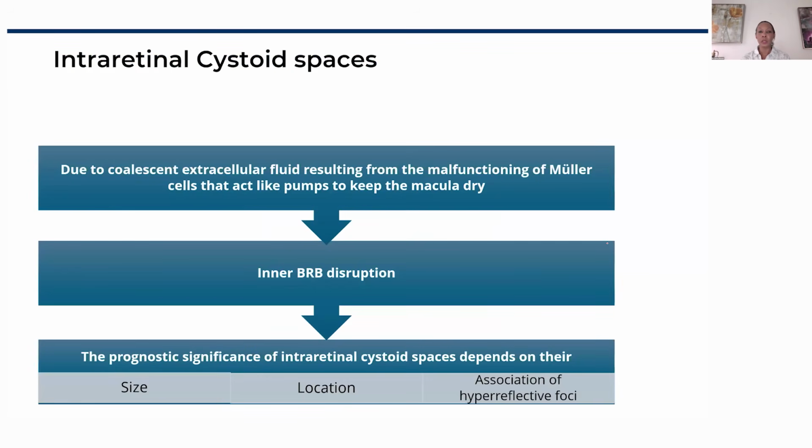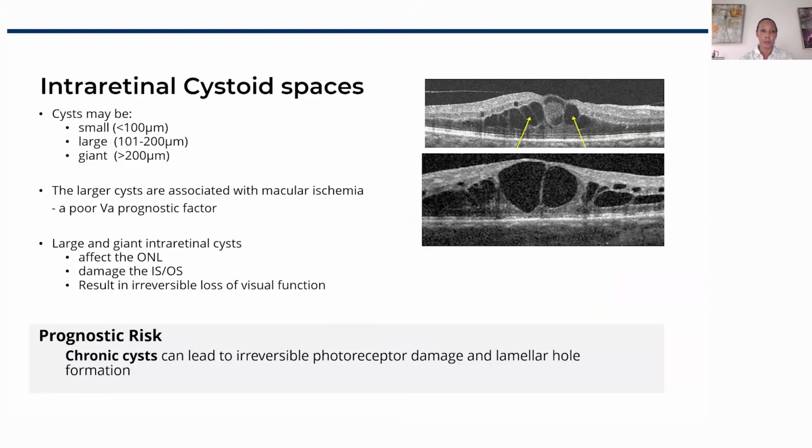The intraretinal cysts usually occur due to coalescence of your extracellular fluid, and this results in the malfunction of the Muller cells that act like pumps to keep the macula dry, and also the blood-retinal barrier disruption. The prognostic significance of intraretinal cystoid spaces depends on, one, their size, their location, and if they're associated with hyperreflective foci. The cysts can be small, less than 100 micrometers. They can be large, we put between 101 to 200 micrometers, or they can be giant cysts, which are greater